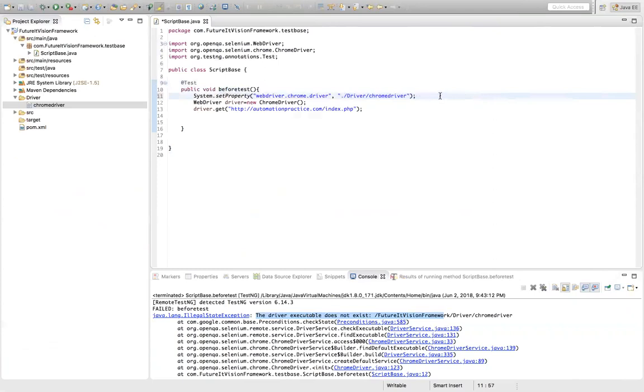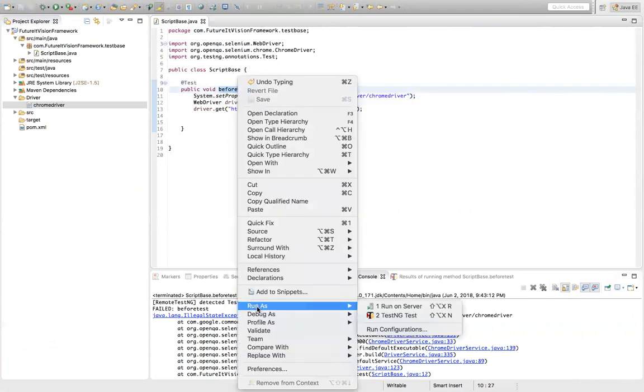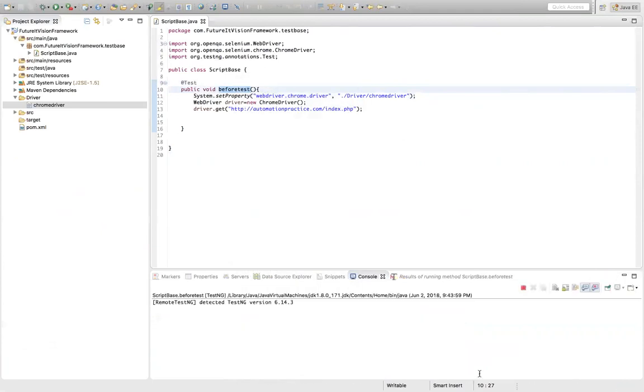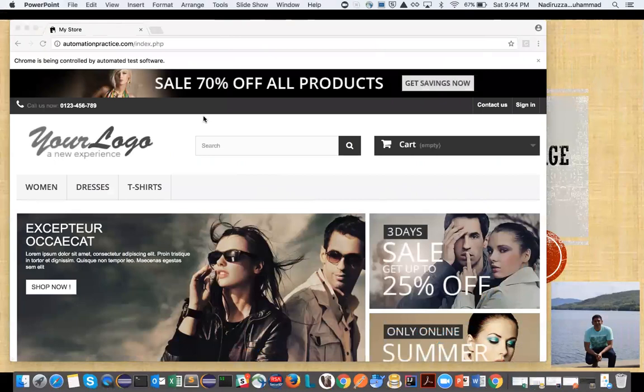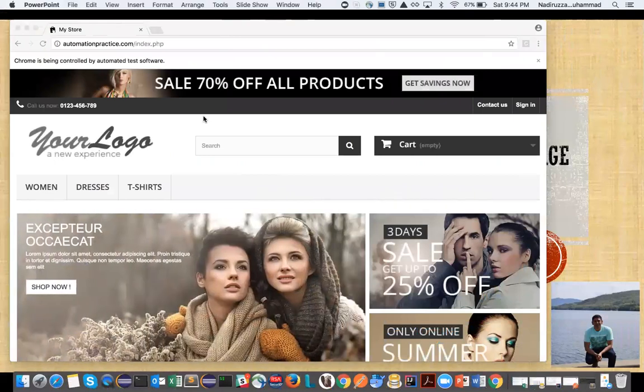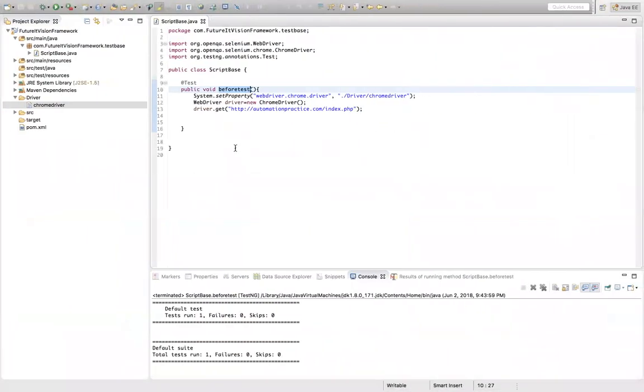and I put the dot. That means whatever is before the driver, take it and start from the driver. So if I run now, hopefully my browser will open. Yes, my browser opened and the automation framework practice website is on. So now we know my Chrome driver is working, and